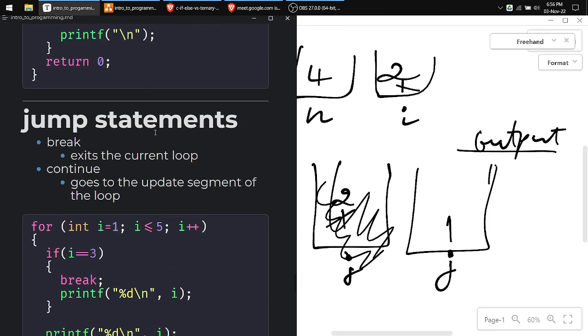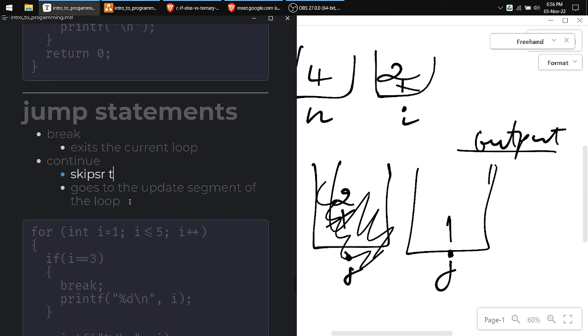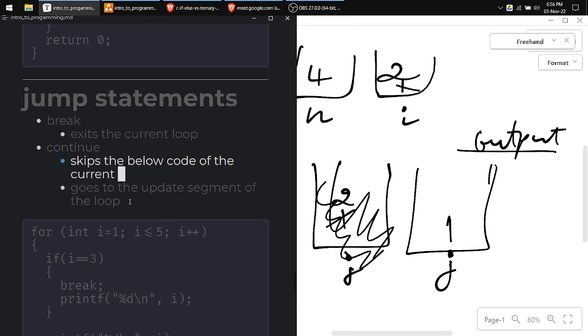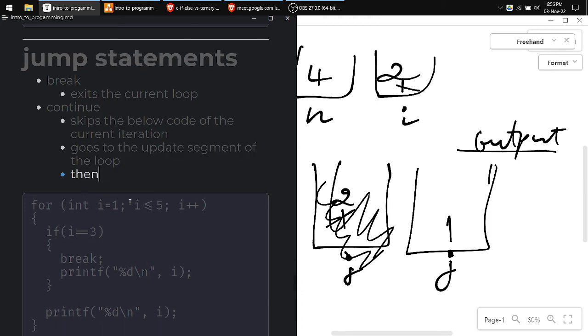It'll skip the current iteration, basically skips the code below in the current iteration, then continues